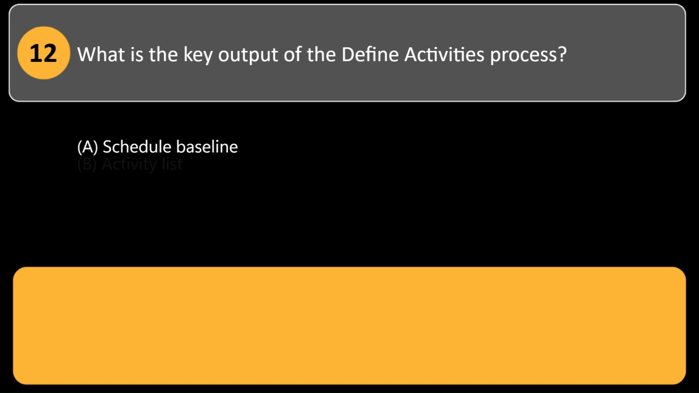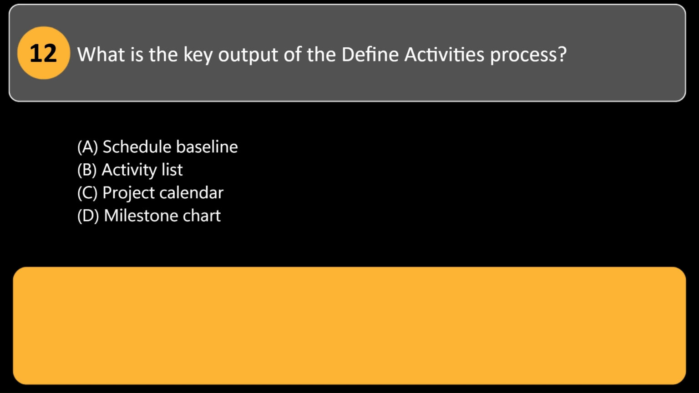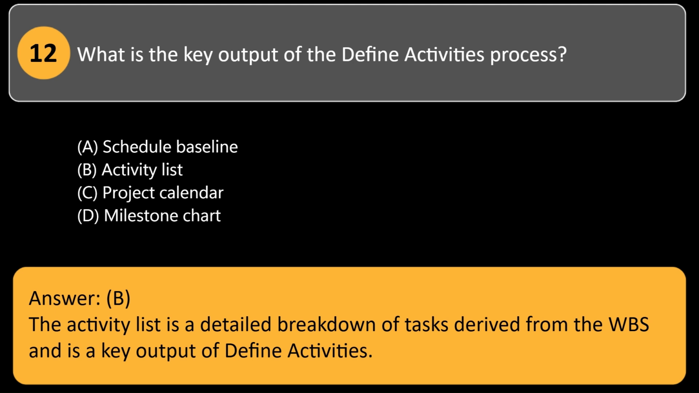What is the key output of the define activities process? A. Schedule baseline. B. Activity list. C. Project calendar. D. Milestone chart. Answer, B. The activity list is a detailed breakdown of tasks derived from the WBS and is a key output